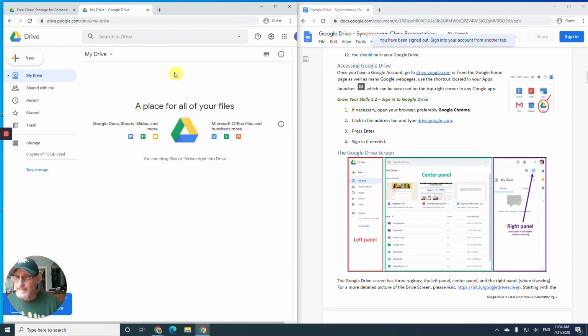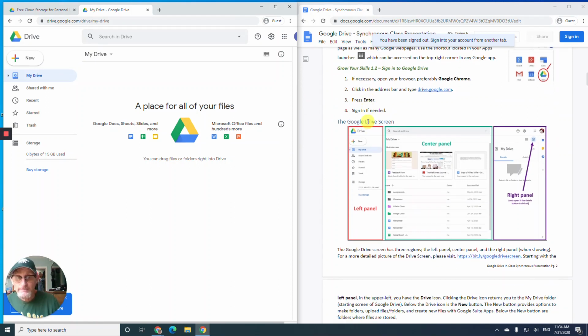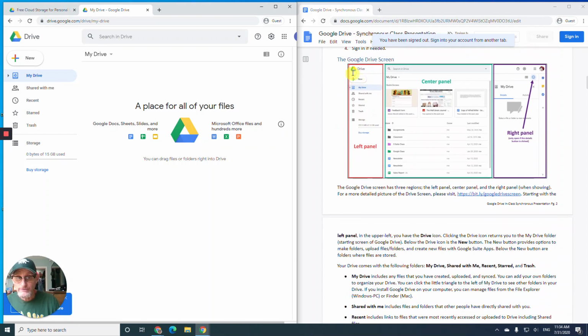So to get into Drive, drive.google.com is the web address that goes up here, or you can use one of the Google Apps launchers here. Grow Your Skills 1.2, sign into Drive. Click in the address bar, go to drive.google.com, press enter, sign in if needed. Now I put that there in case somebody already had their own account and didn't want to open a new one. So really this exercise is not all that necessary, but what does come useful now is this page here,